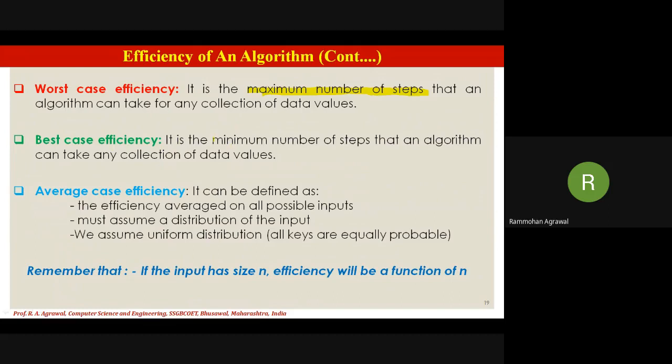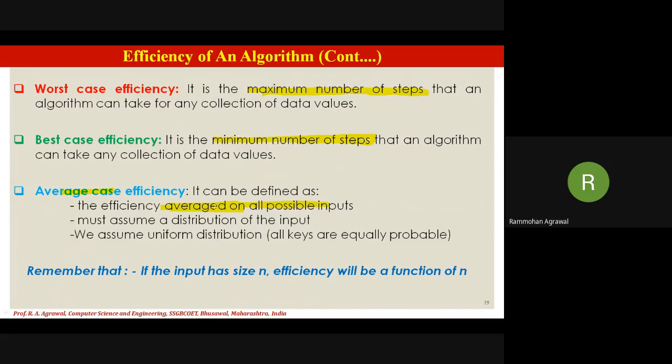The best case is the minimum number of steps. And for the average case, we say it is the average number of steps. So this is the difference between worst case, best case, and average case.